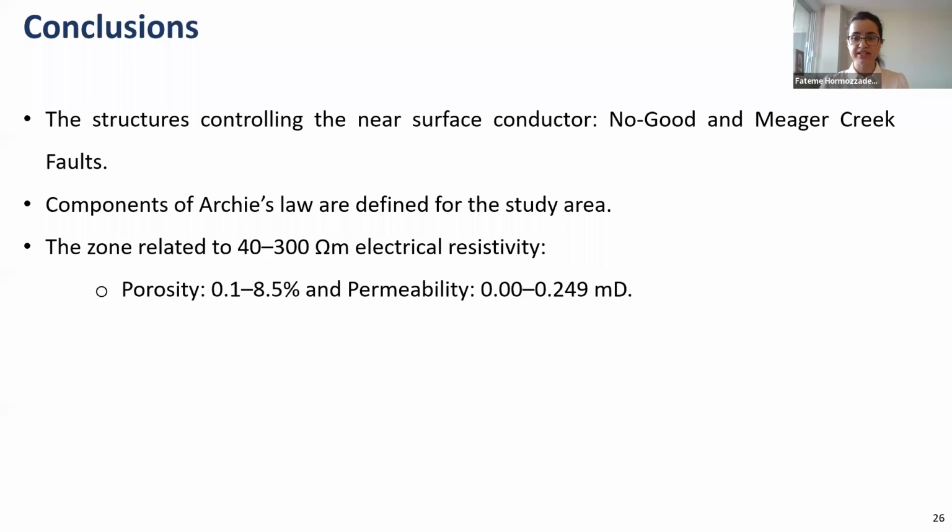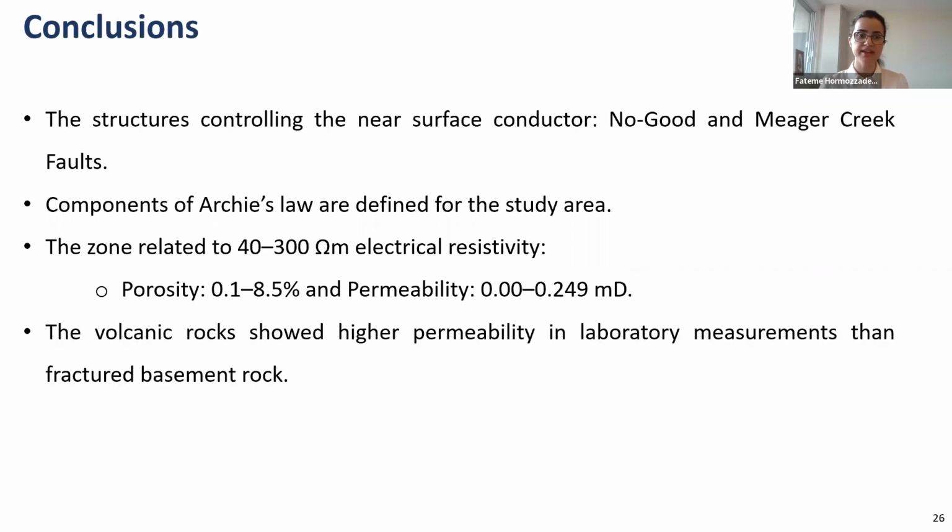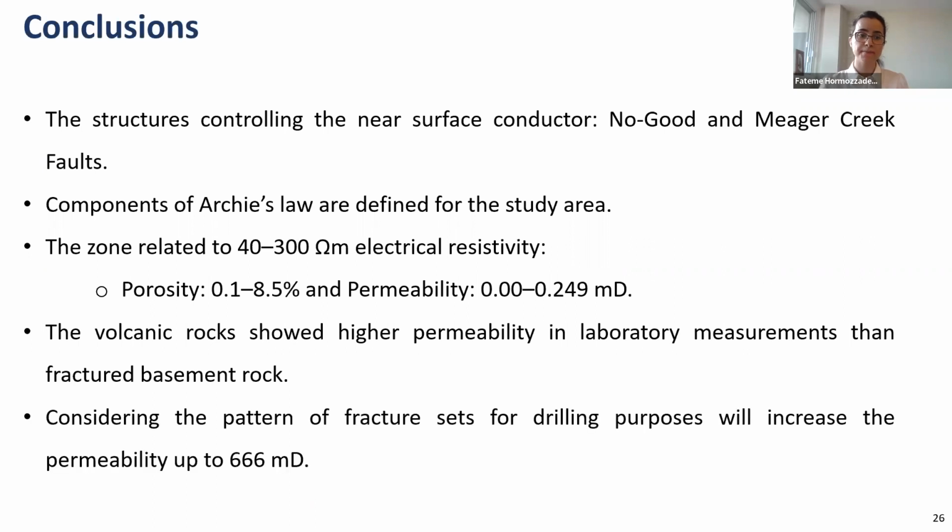This zone can be related to a fluid content of up to 8.5% and permeability of up to 0.25 millidarcies. The volcanic rocks showed higher permeability in measurements than the fractured basement rocks. Considering the pattern of fracture sets for drilling purposes is very important because it can increase the permeability up to